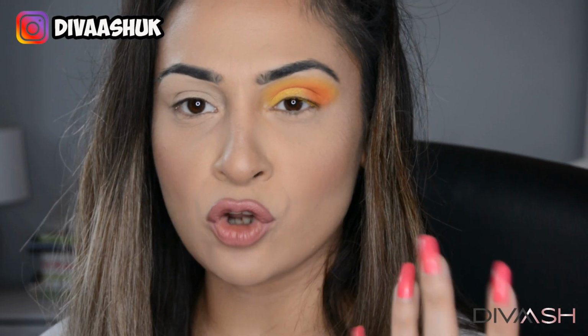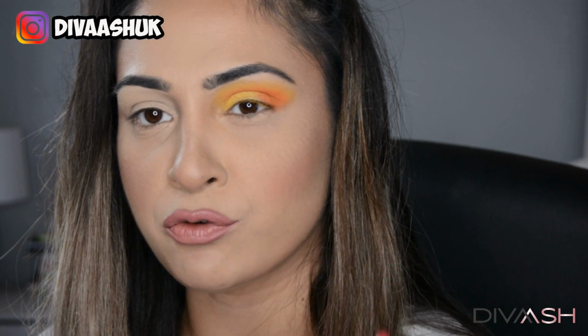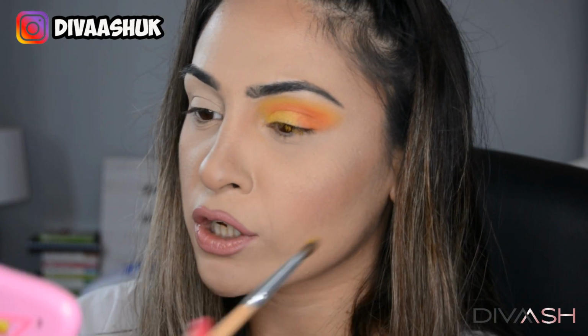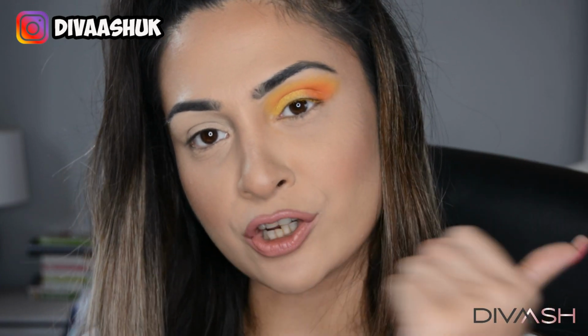And the reason that I'm not cutting my crease or anything for this is because sometimes when I go out, I don't want to spend 2 hours doing my eye looks. I just want to do a quick look and make it look nice and pretty. So now that we've done the top of the eye, we are now going to go down to the lower